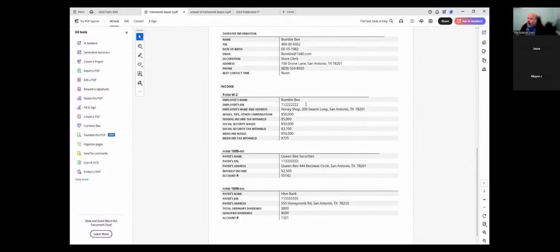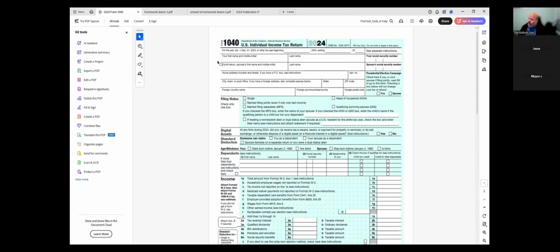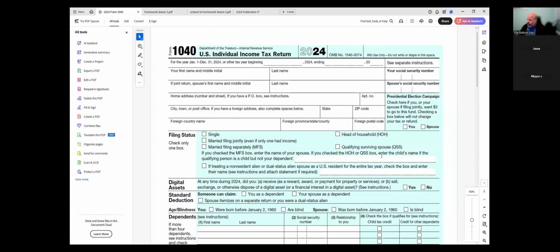So when we do the 1040, we're going to basically fill out his name, social security number. If you want, you can ask them about the presidential election campaign; they do not have to answer this. You get here to the filing status. The big thing on any tax return, any tax form, any schedule, is you want to read the line. So we just want to go through every one of these things and read.